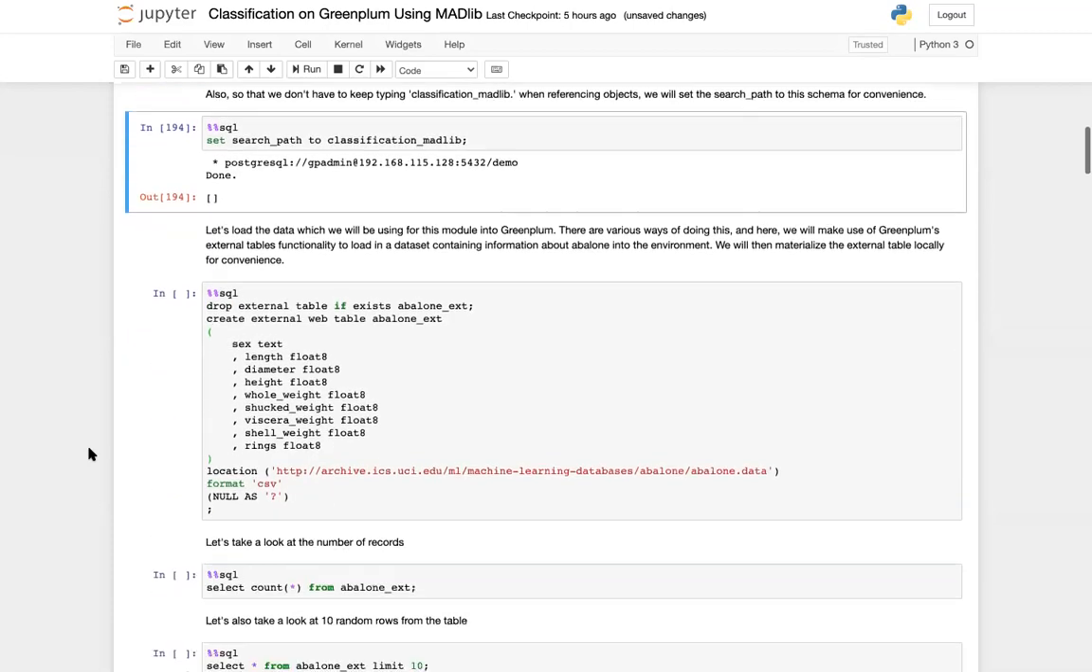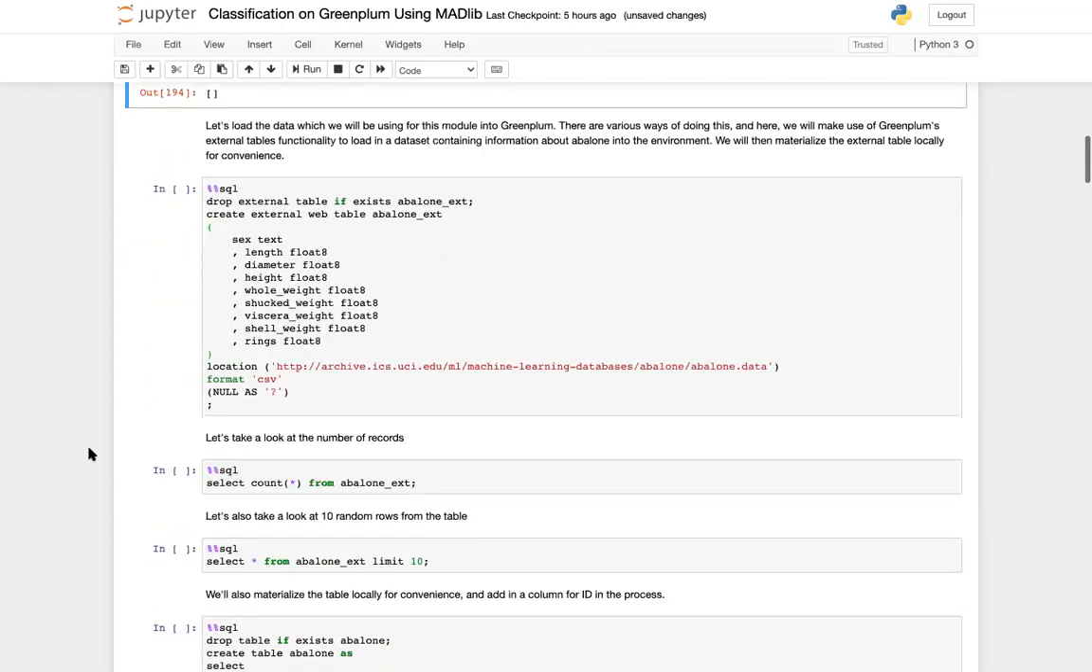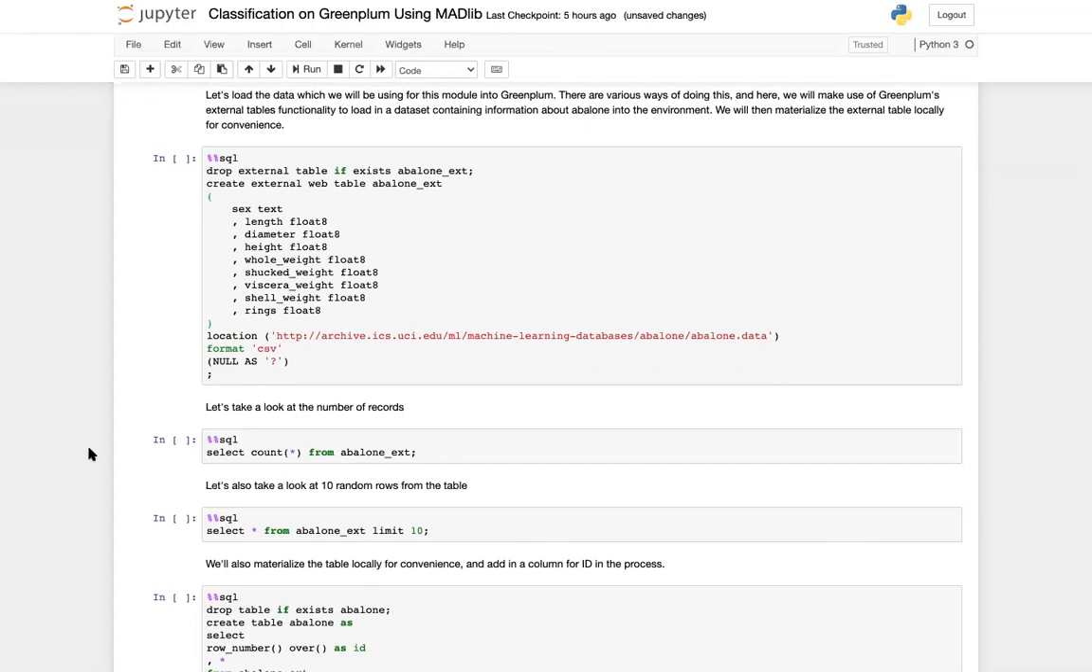Okay, so we have connected to Greenplum database from Jupyter Notebook, and the next step here is now to load some data. I guess many of you might be familiar with this Abalone data set, and because it's so widespread and well known by the data science community, we decided to make use of that here for today's tutorial. The next few steps are actually going to go through how to download and load the Abalone